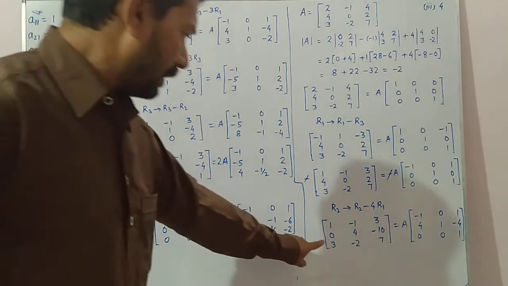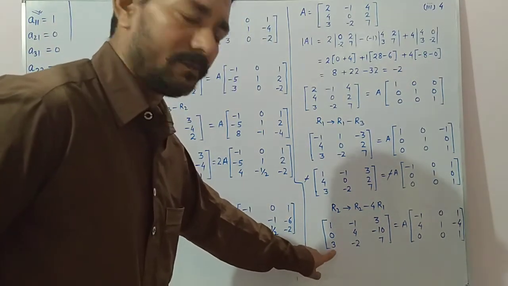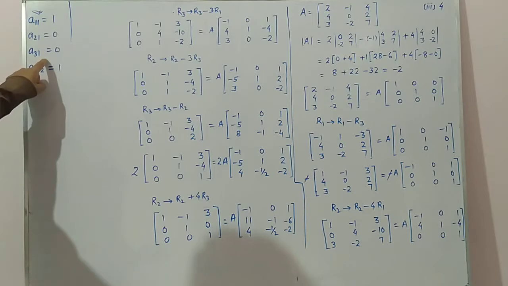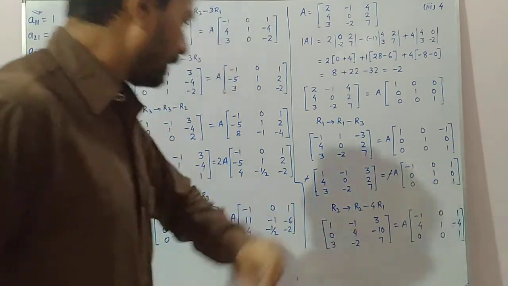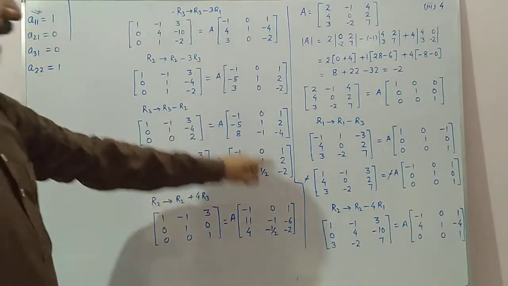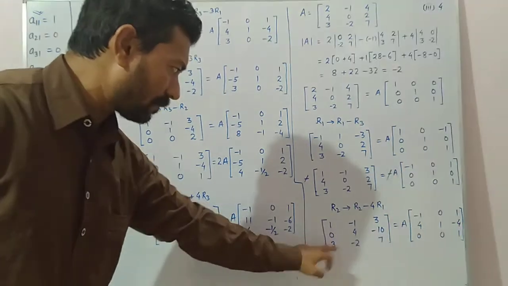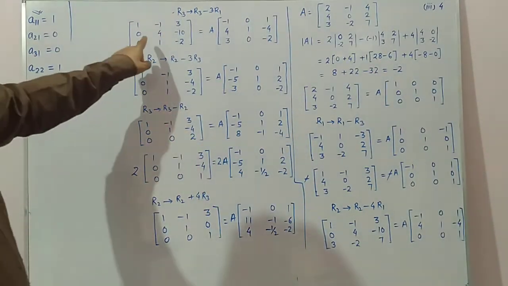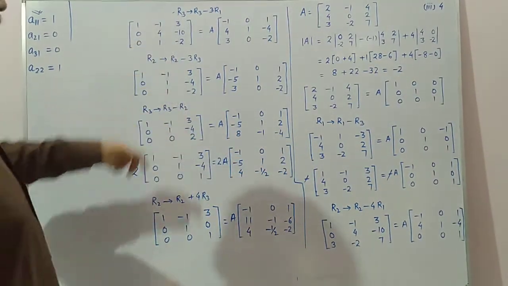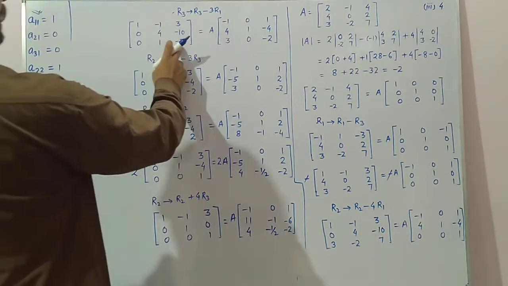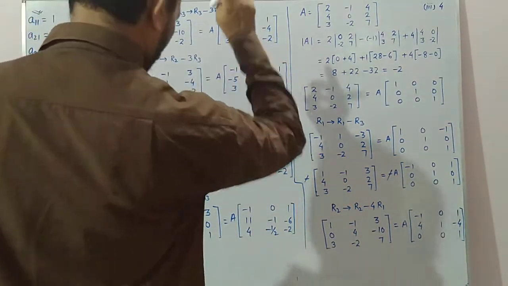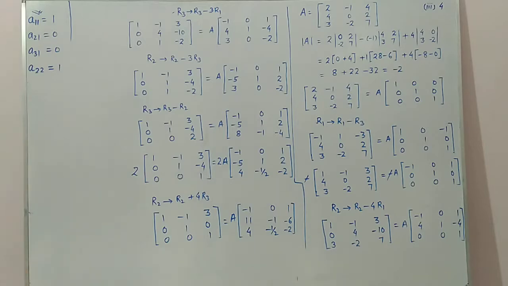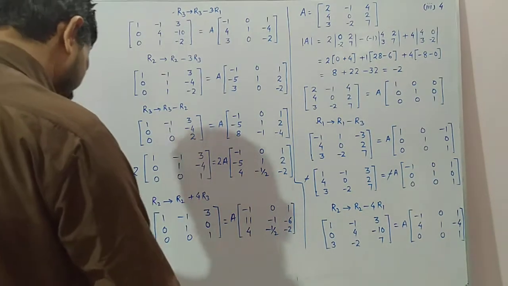Next step is to bring this quantity 0. Here A31. This one you have to bring it 0. So for that R3 changes to R3 minus 3 times of R1. So here R3 minus 3 times of R1, you are getting what? 0 1 minus 2 is 3 0 minus 2. After that,